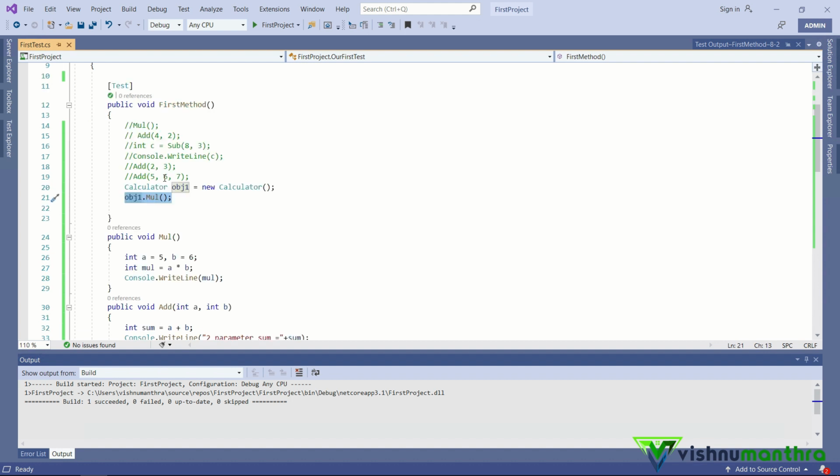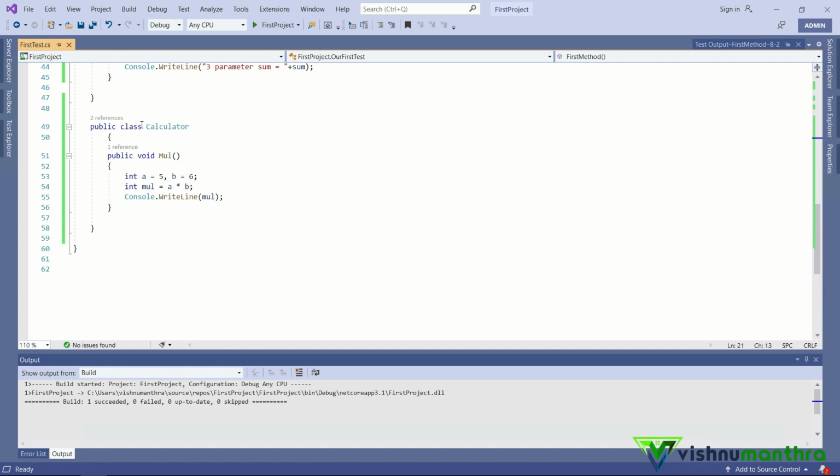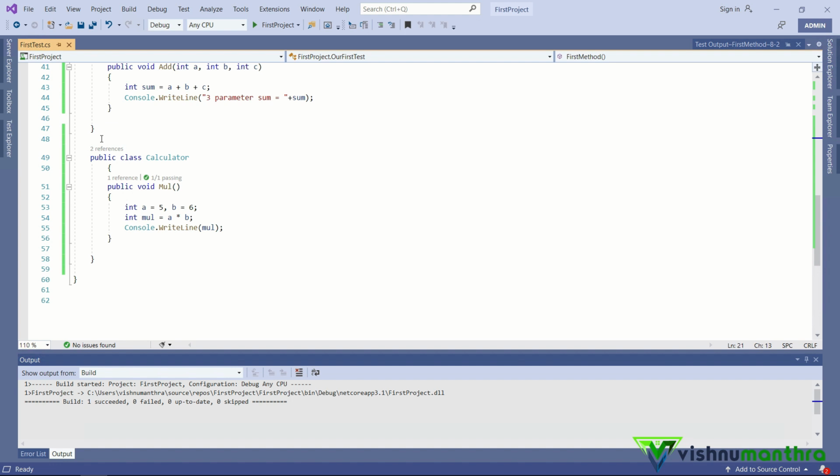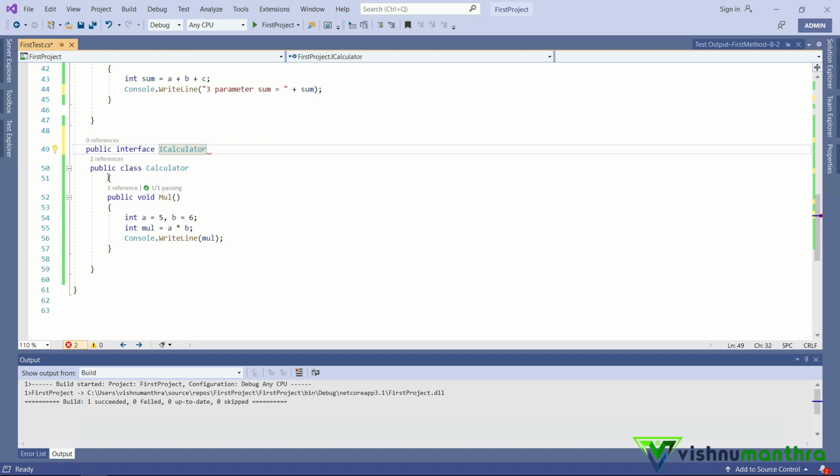Now let's see what an interface is. An interface is similar to a class, but it won't have any implementations. To understand this, I will create an interface. I'm going to write public, then the keyword interface followed by ICalculator. By convention, we use I before an interface name.